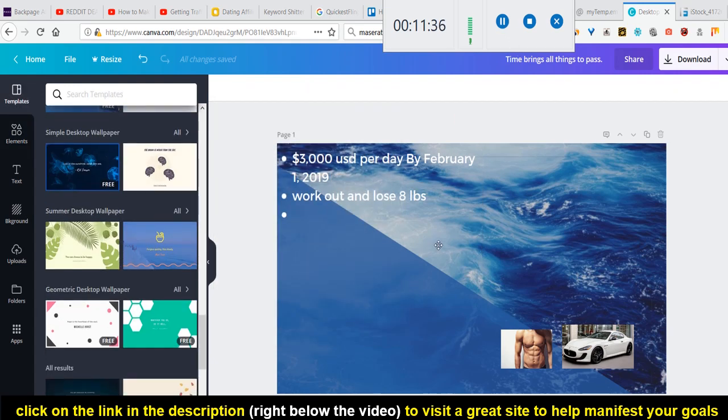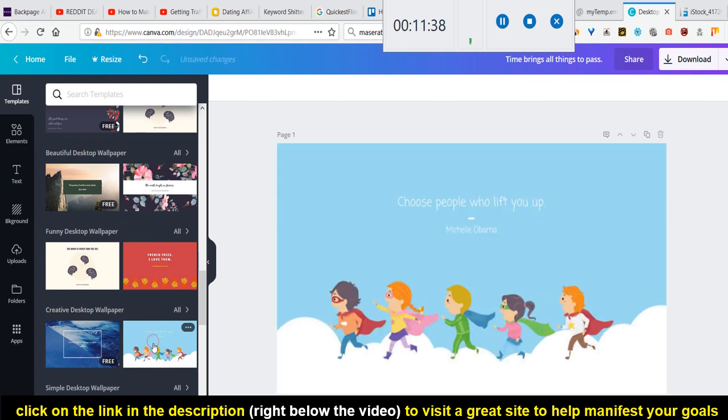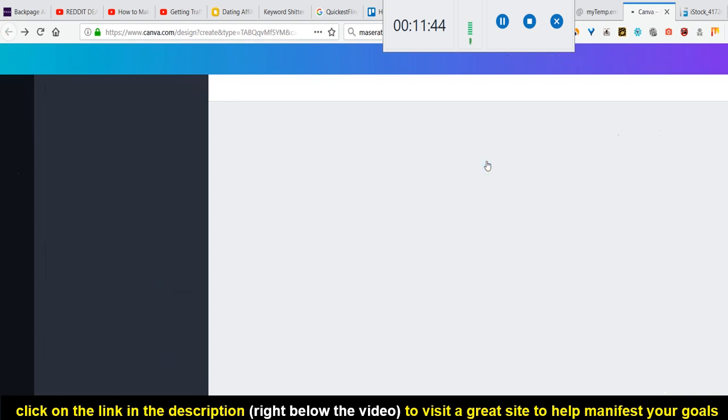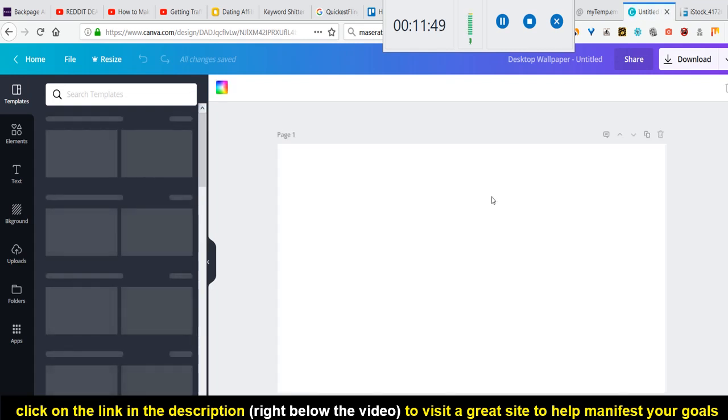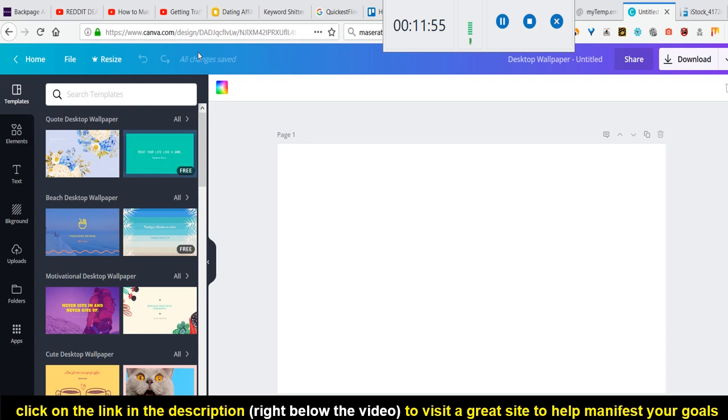And of course they got the template, so if you don't like that one, you can just change it. And there you go. But I lost everything, so I don't want that, so I can revert back hopefully. If not, a huge loss. I've already downloaded what I wanted. But anyways, guys, check out canva.com. It's a great site if you want to create a vision board, a digital vision board, or a desktop wallpaper for your computer that has all of your goals and everything, your wants, needs, and your likes, and what you want to envision for your future. If you want to manifest your future, this is the best way to do it, guys.